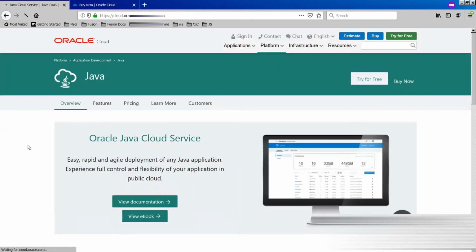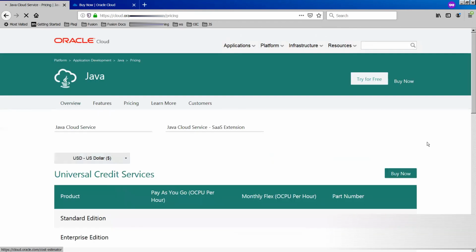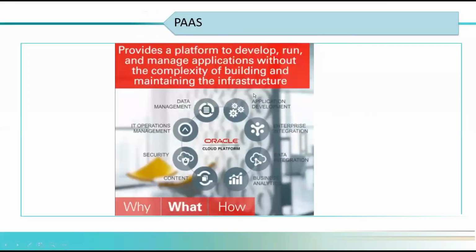Typically you will click buy now. When you buy now, what does it mean? You are buying this application development service to do some application development, right? Once you develop the application, you can expose that application to the customers, or you can expose it in your SaaS application.